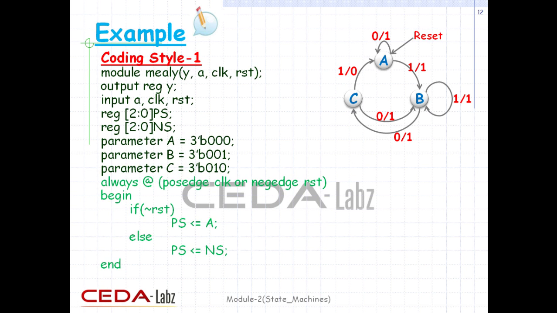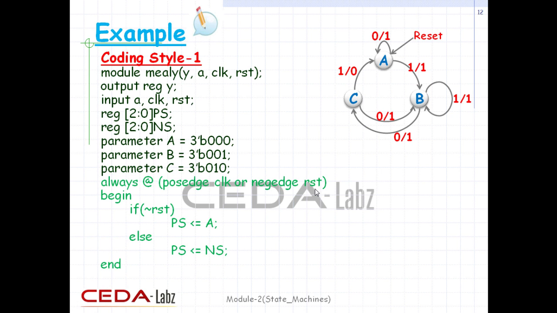We start with the same procedure, keyword module and module name with port list. Then ports are declared. Here we declare 2 registers of 3 bits, PS and NS, representing present state and next state respectively. As we know, parameters are used to define constants, so we define the 3 states with parameters A, B and C. In this style, we will design a different always block for every block of the state machine, that is, one always block for